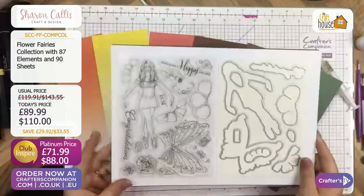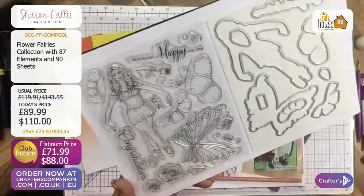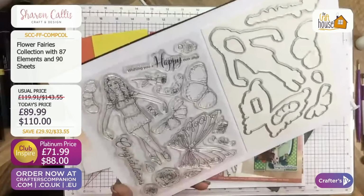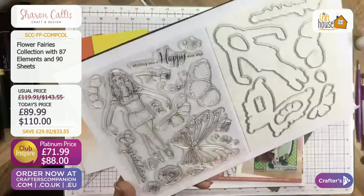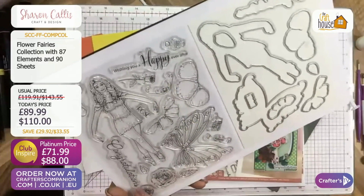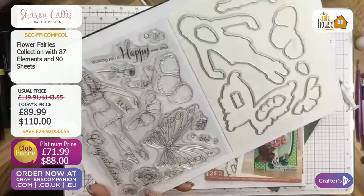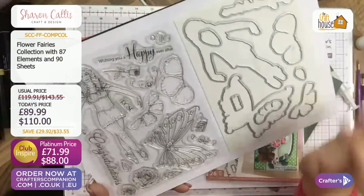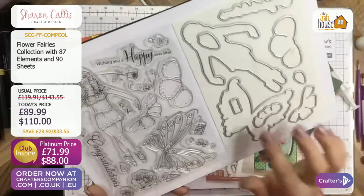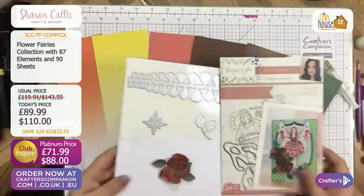And then finally we have Rose. So Rose is wearing a lovely little dress, and you get with her the wings, and again the 3 layers of petals to create the skirt. She comes with a little rose stamp and a little love potion bottle, and says, wishing you a happy ever after and congratulations. We have rose stamps down here as well, and we have some petals for creating your backgrounds. And again, we have the outline dies for the skirts, the silhouette, and for the wings. So that's Rose. And then, of course, we have the Rose quilling die